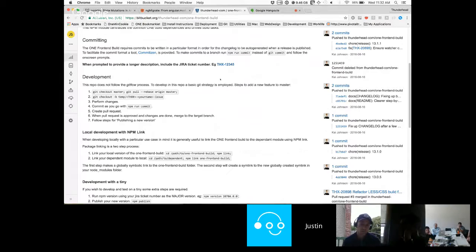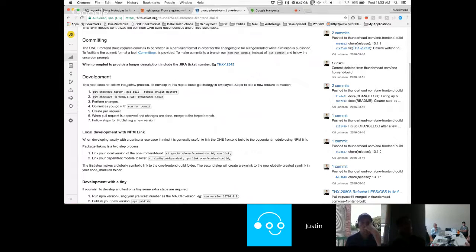Then, when we run through the actual publishing of the module and the merging, we get a change log that prints it. Based on what you say, whether it's a chore, a bug fix, a task, a new feature, or a documentation task, the publishing system knows to increment the version. We're currently on version 13, and you need to go from 13 to 14 because you added a breaking change. Or no, you just added a bug fix, so 13.0.1. Another bug fix, 13.0.2. So we don't have to really manage that in terms of the actual released NPM module.